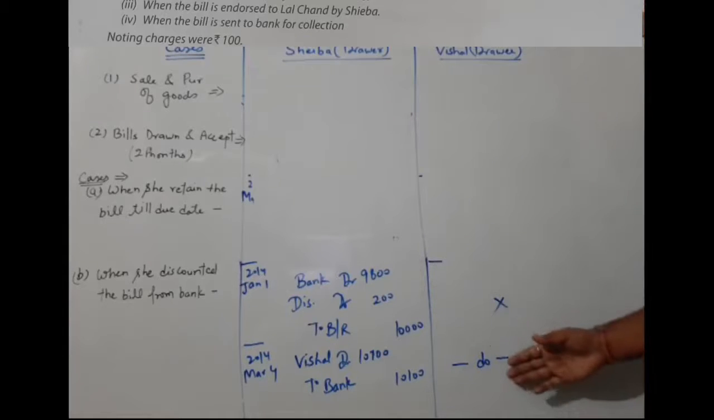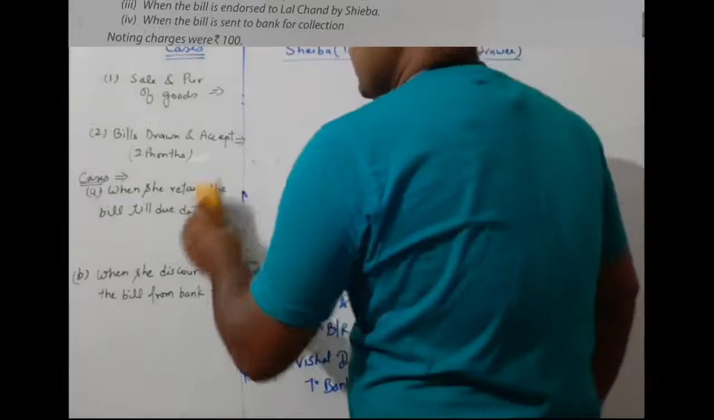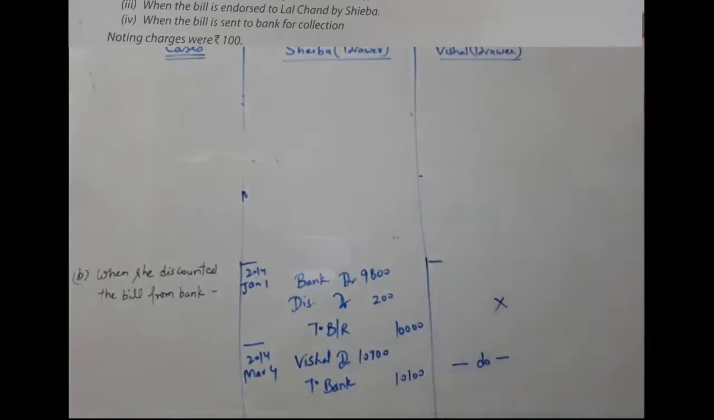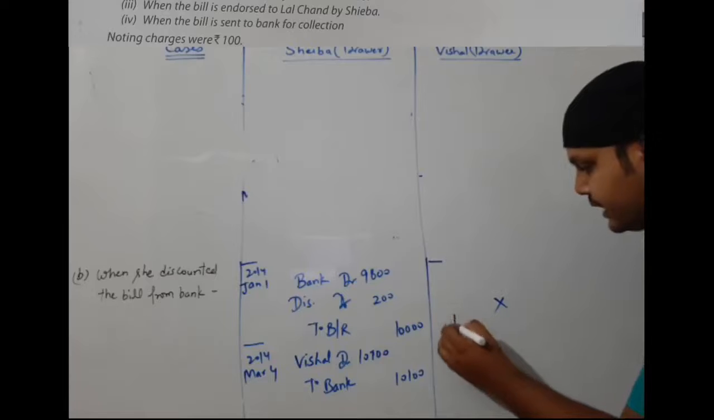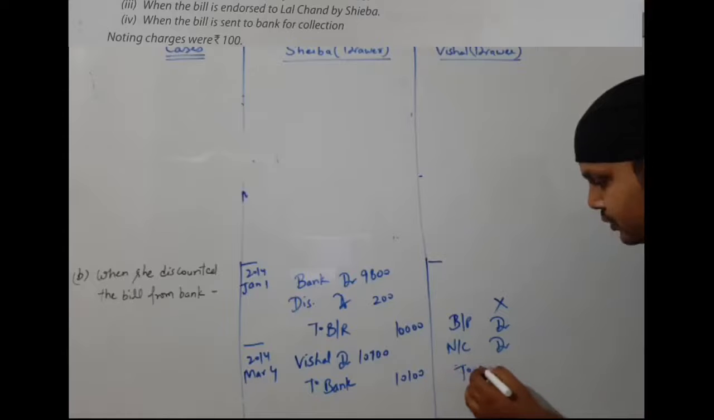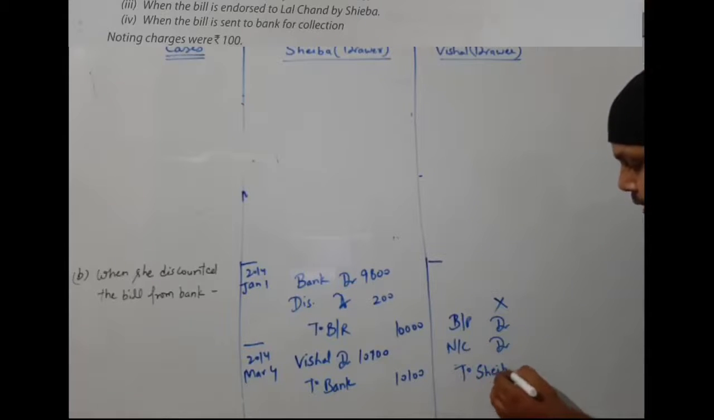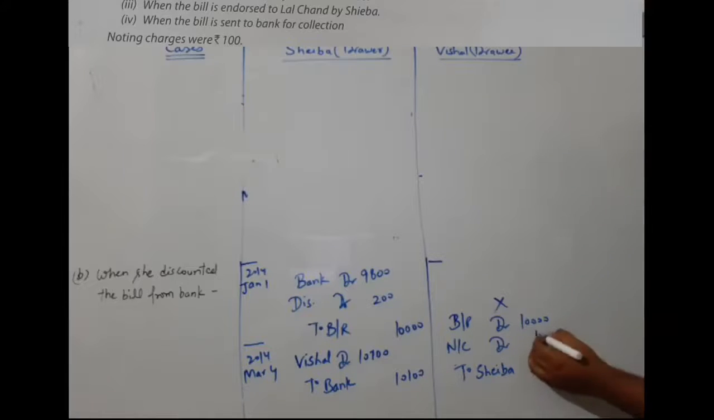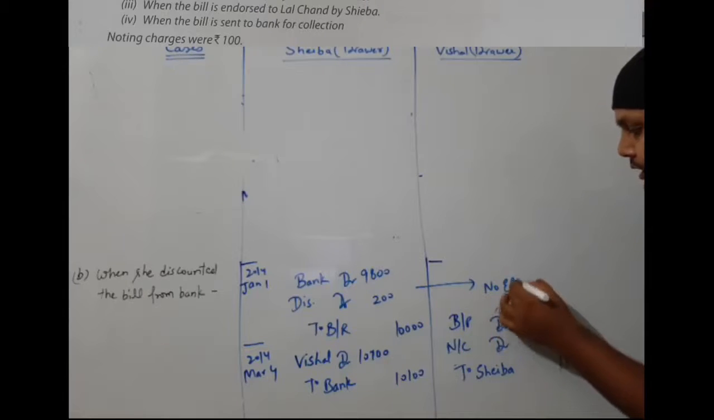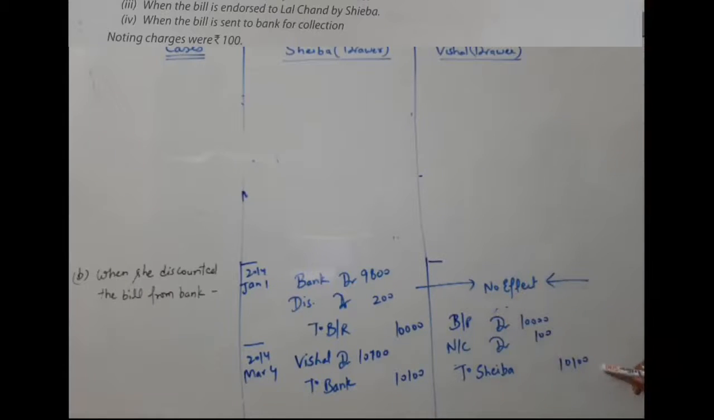And you know very well what the general entry will be passed here. Case number 3 will be a, and what is the general entry? You know very well, at the time of dishonor of the bill, the entry will be bills payable account debit, noting charges account debit to Saiva. 10,000 is the amount of the bill and 100 noting charges, and the total amount paid to Saiva is 10,100. And this has no effect regarding the discount of the bill, but this entry will be related to